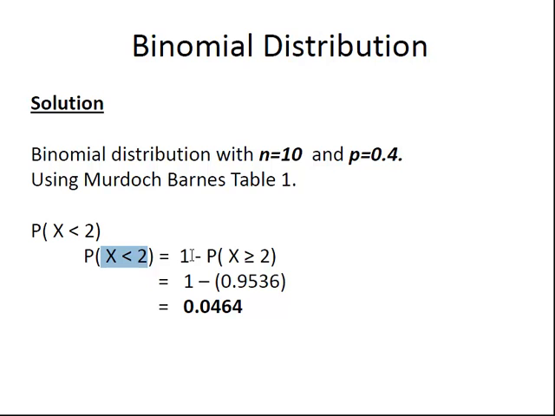Remember, this is a discrete probability distribution. So the answer is 1 minus the probability of x greater than or equal to 2. So it's 1 minus 0.9536. Using the complement rule for discrete probability distributions, our answer will be